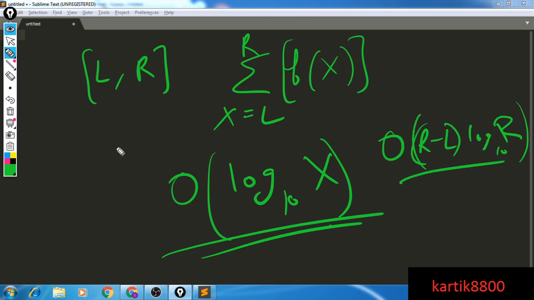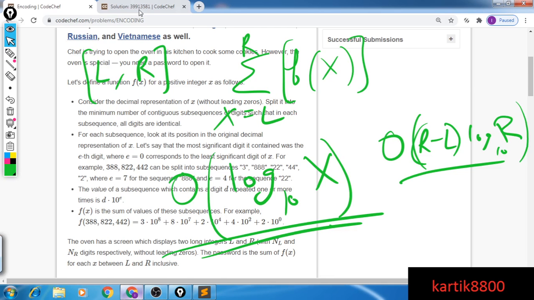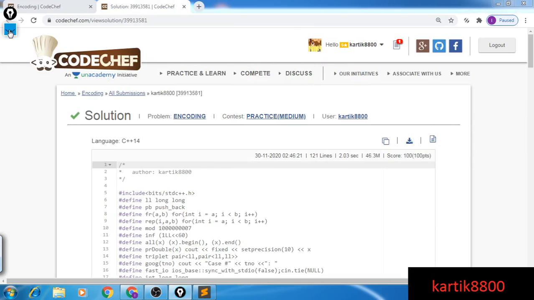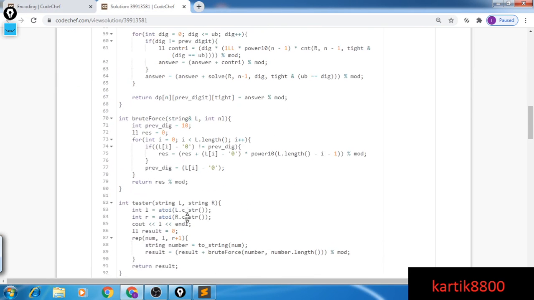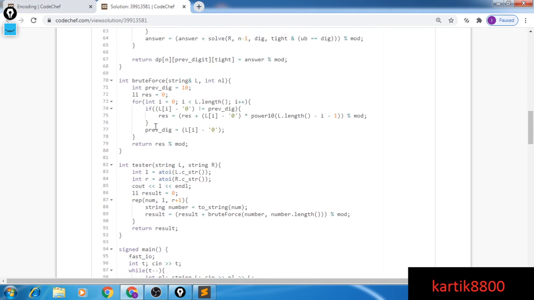Okay, good. But we have a brute force solution. How do you actually calculate this f of x in brute force? I have the code for that also. So let's just quickly look at the code itself. If you look at this particular part here, the brute force,